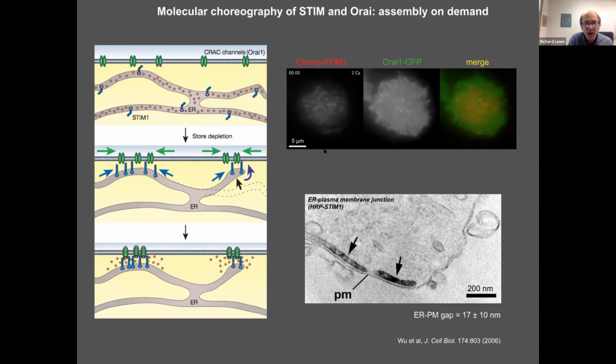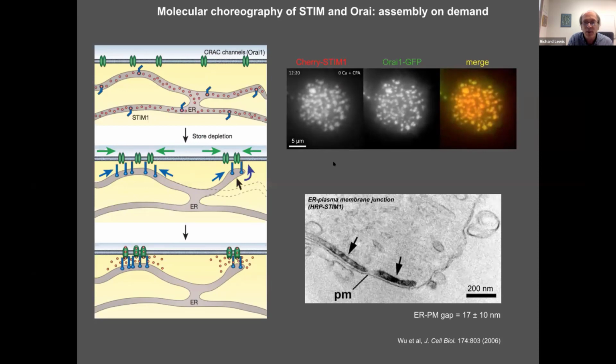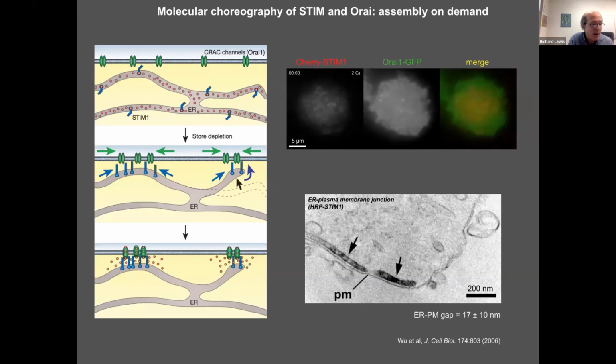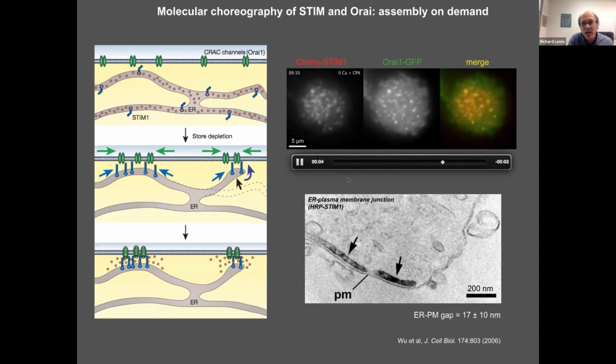Now, this movie here shows this process at the light microscope level. What you can see is the footprint of an HEK cell expressing Cherry-labeled STIM1 and GFP-labeled ORAI. I'll show that once again. When an inhibitor of the SERCA pump is added to the cells, the ER becomes depleted, and STIM and ORAI co-localize in these puncta. So there goes on the inhibitor, and within minutes, both proteins co-localize in these bright puncta.